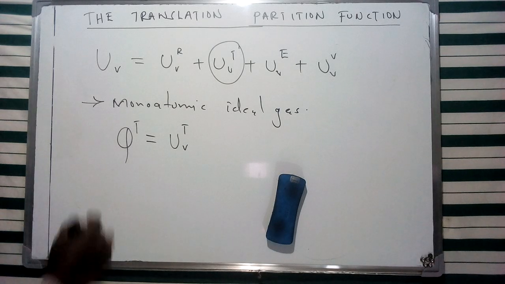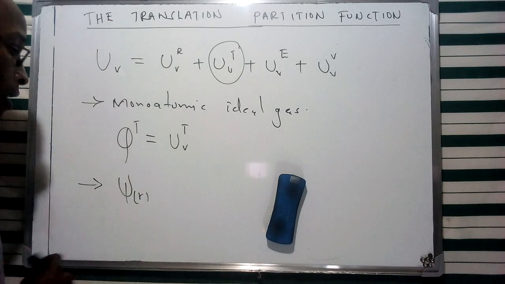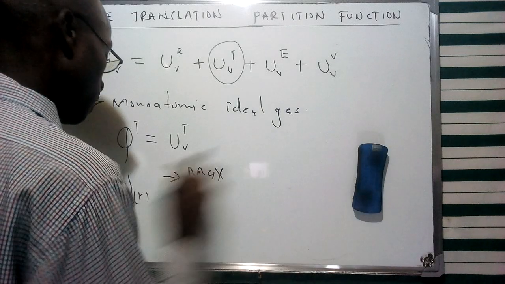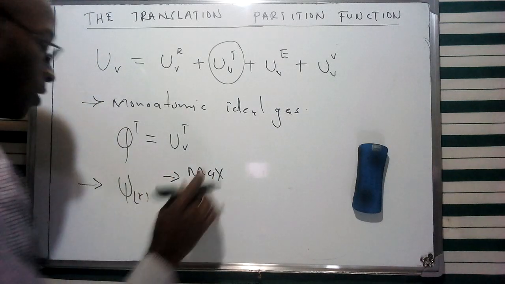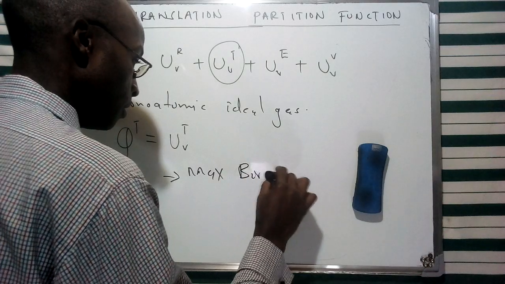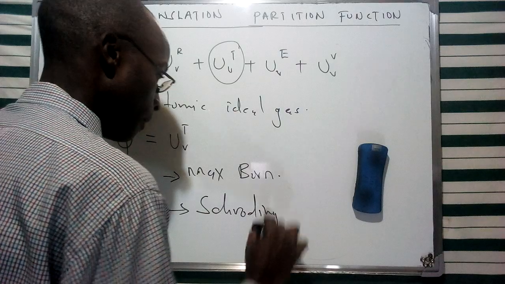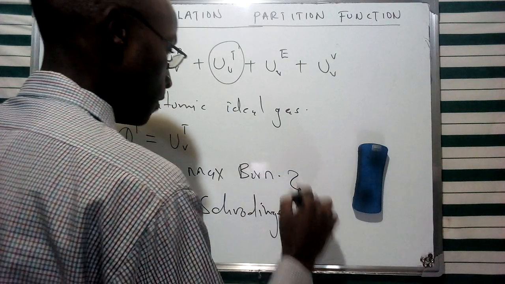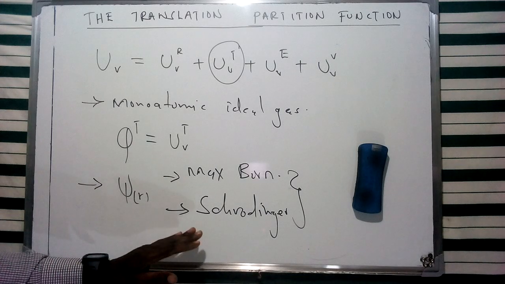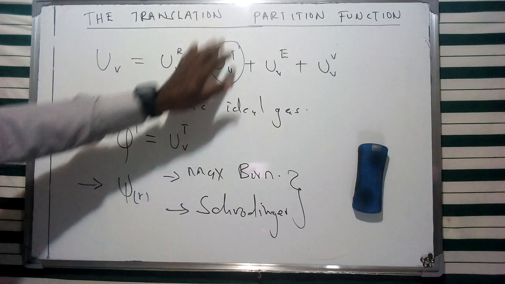From the Max Born interpretation of the physical implication of this wave function, we're going to use it together with Erwin Schrodinger's description of the energy of a particle in a box. Those two ideas are going to assist us in finding a way of describing the translational partition function